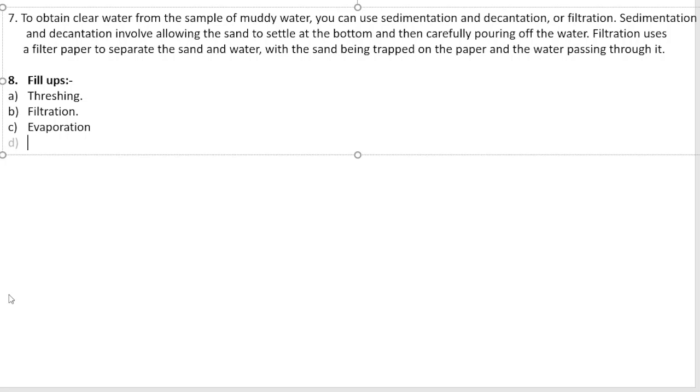The process of separation used in this example is. जब वो कहते हैं कि सैंड सेटल डाउन होकर हम उस वाटर को ऊपर से निकाल देते हैं, दैट इज decantation. Okay,